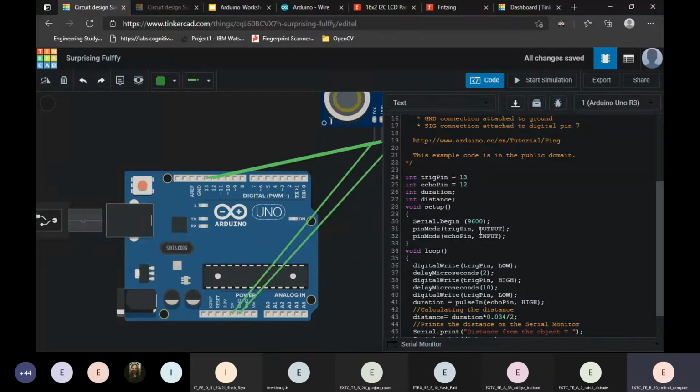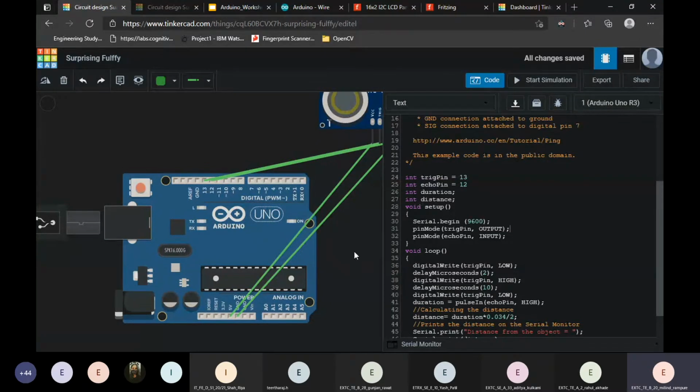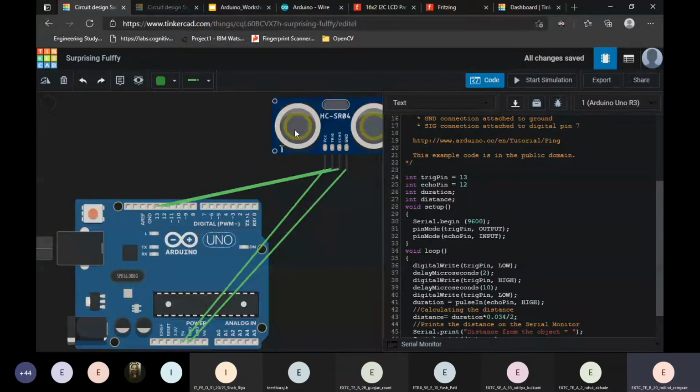In this case, we set the trigger pin as output because the trigger pin is emitting the sound waves. This transmitter, as you can see, emits the ultrasound, so we declare it as an output pin. And the echo pin receives the ultrasound, so that's why we declare the echo pin as the input pin.